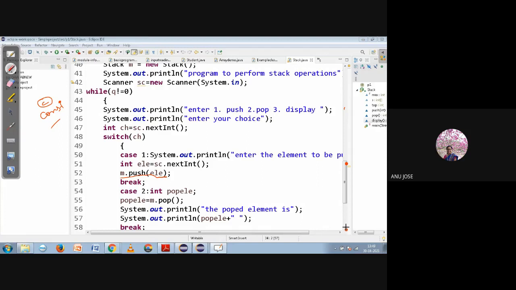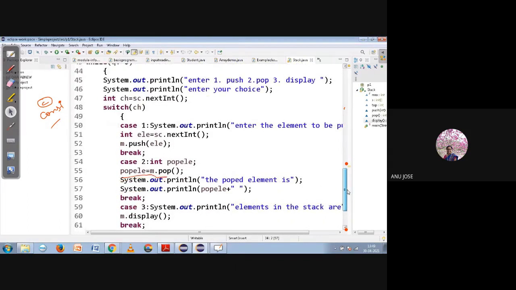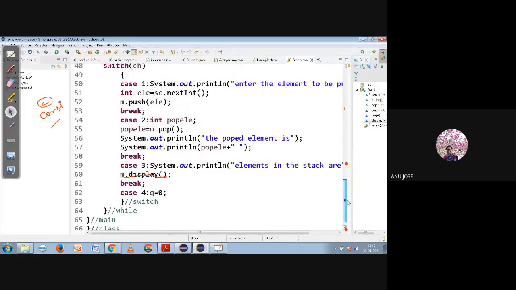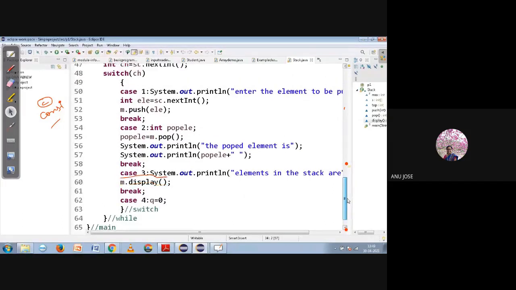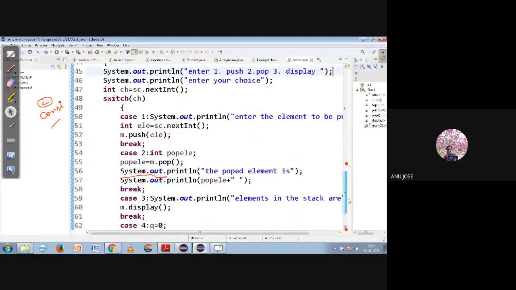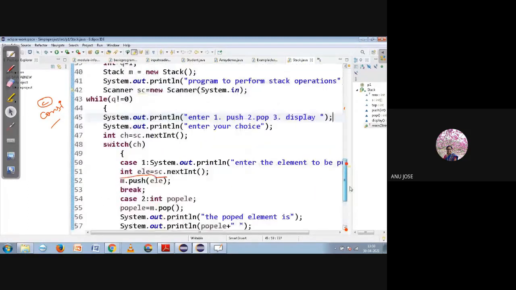Already all of you are familiar with the switch case and how to create a menu driven program. You have studied that in the basic C programming class as well as data structures. All programs were written with the same code. When it comes to the pop function, this was the pop code we had, m.pop. For display, it was the display function, m.display. So in all four cases the function is called, and we have a menu like: enter the elements to be displayed. Those elements will be read and displayed. That's the end of the functions.